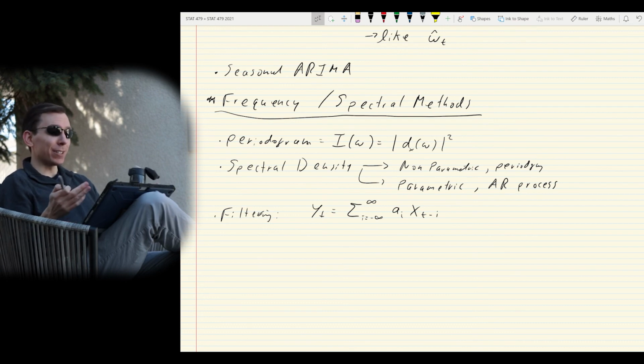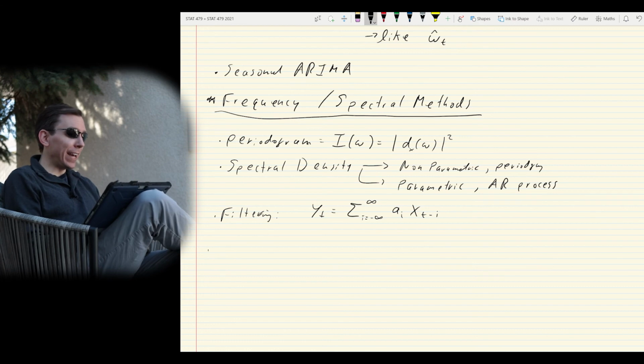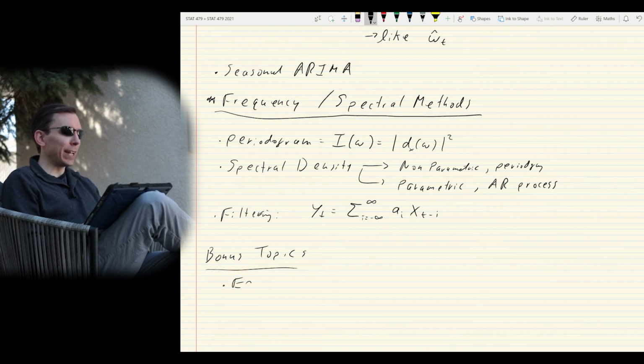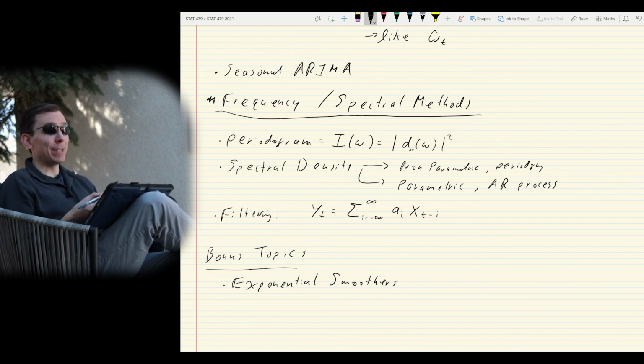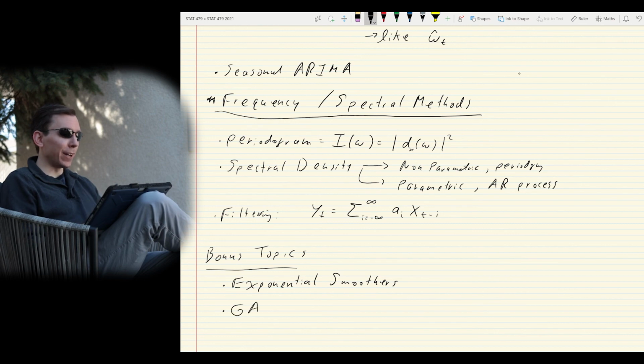And yeah, that was mostly the entirety of the course, right? At the very end of the course, we had some bonus topics, which are quite neat in their own respect. We had the idea of exponential smoothers, which just give us another tool for fitting models to time series and doing forecasting and things like that. This was a slightly different approach than what we did before, but we did see that it is related closely to the ARIMA process. We also looked at the GARCH process,